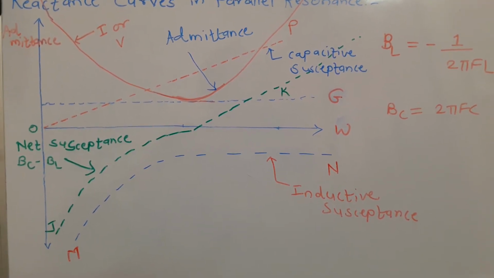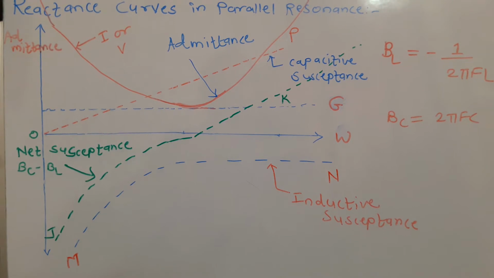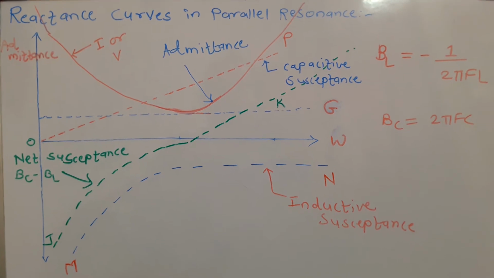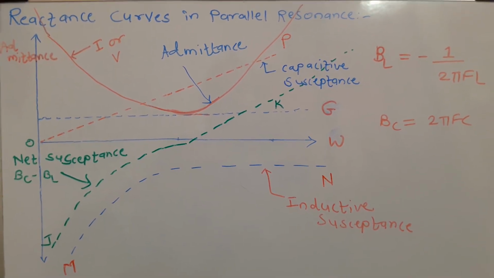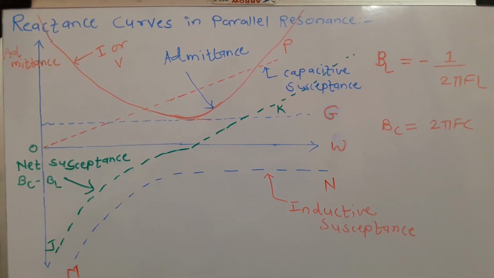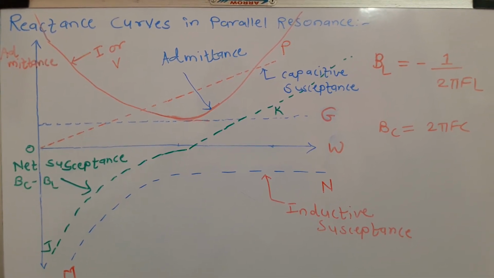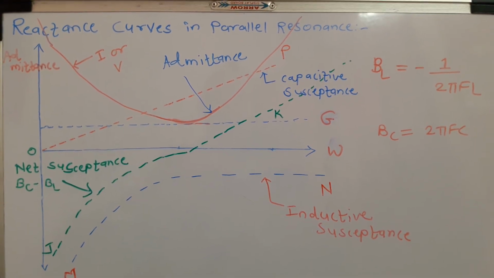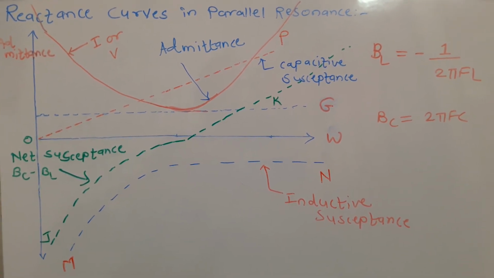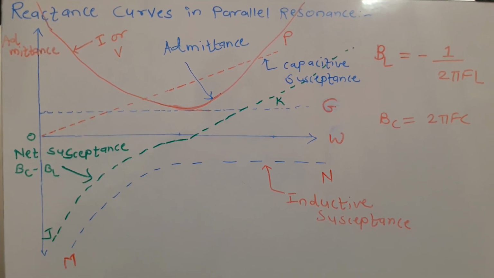Now with respect to that, net susceptance, that is Bc minus Bl. We have taken Xc minus Xl or Xl minus Xc in case of series resonant circuit. For parallel resonant circuit we will refer to the susceptance part. So it will be Bc minus Bl or Bl minus Bc, whichever is dominant. For lower values of frequencies we have Bc small, that is capacitive susceptance small, and inductive susceptance more. It is negative, so it is shown in the fourth quadrant. So initially we will have Bl minus Bc, which is shown by the green line.